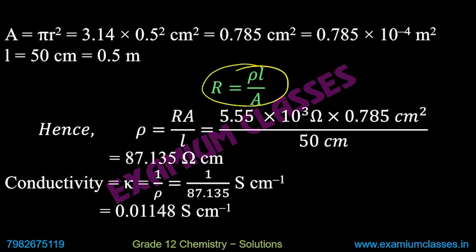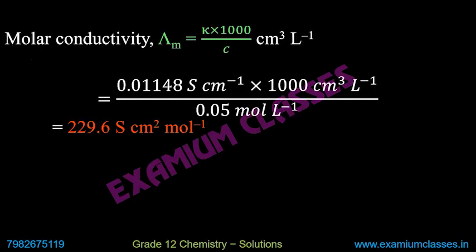From R equals rho L by A, you will get rho. The moment you get rho, you apply kappa equals 1 by rho. You will get conductivity. From this conductivity and the concentration in mole per cubic meter, you will get the answer. So either you write kappa by C, or you write kappa times 1000 by C, then you can use this,